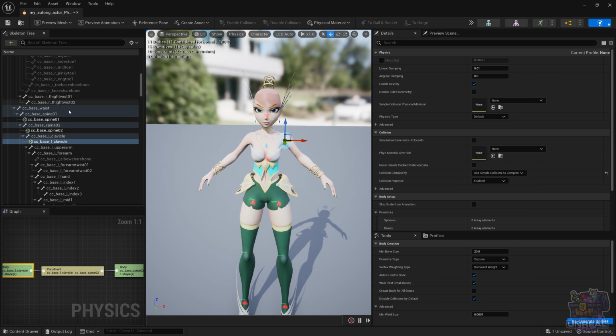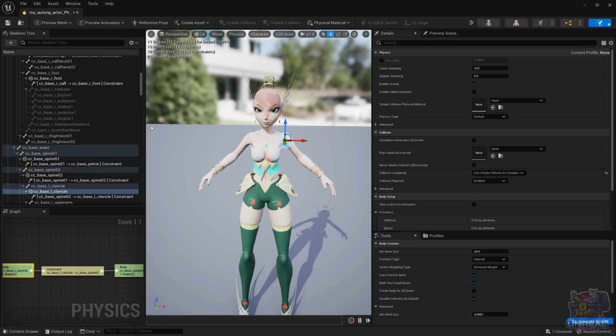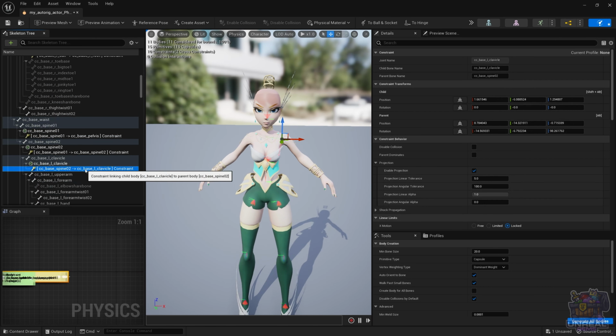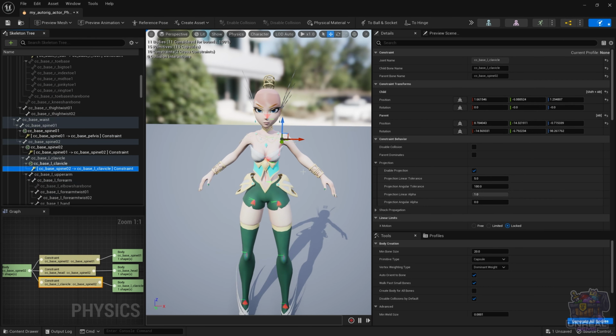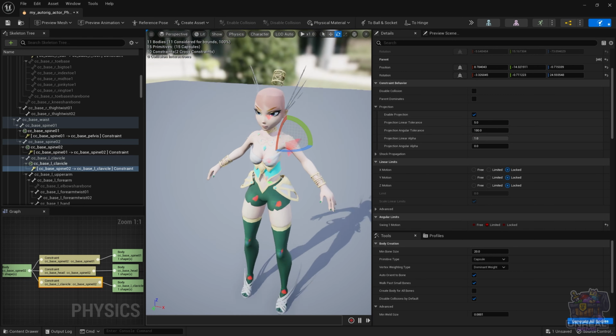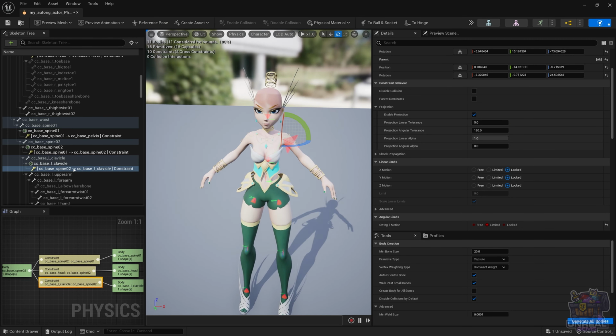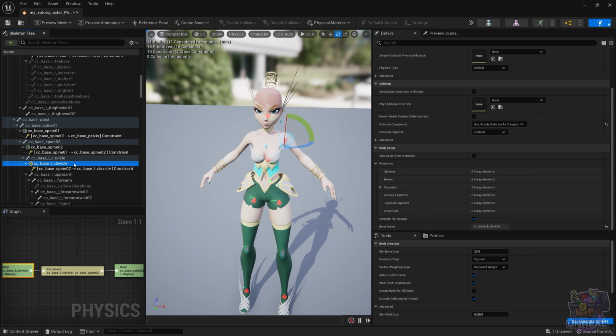Since we are not seeing the constraint right now, let's adjust the settings of the skeleton tree, and we can now see the constraints and select them, and we will now adjust the rotation of the constraint because it was facing the wrong way. So now it is better, but still we need to dial in the limits. I'm pressing 1 and 2, remember. Right now it is looking okay, but we need to see the other rigid bodies